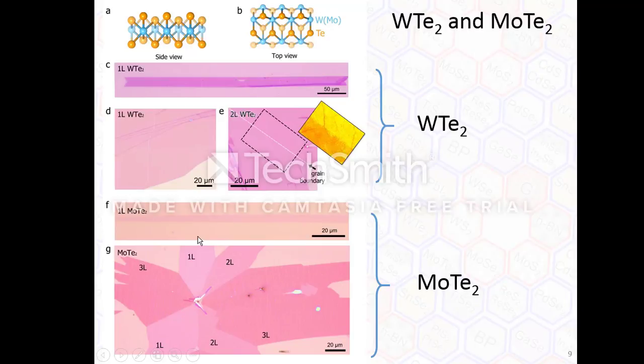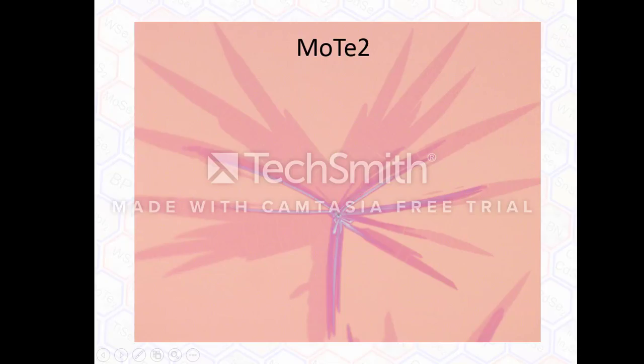Similarly, for the MoTe2, it's also a ribbon, pretty long. I think it's more than 100 microns. It's large enough to see it. And we can see some 1 layer, 2 layer, 3 layer MoTe2 here, from the coloring. So this is a very typical image of MoTe2 showing the crystallinity or the orientation of